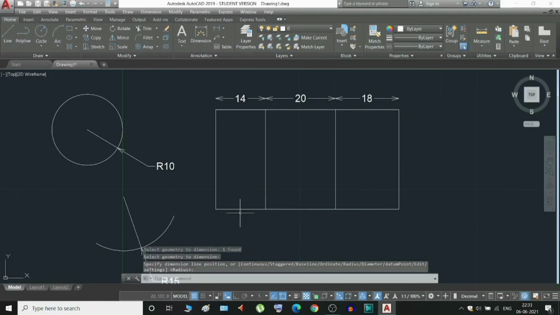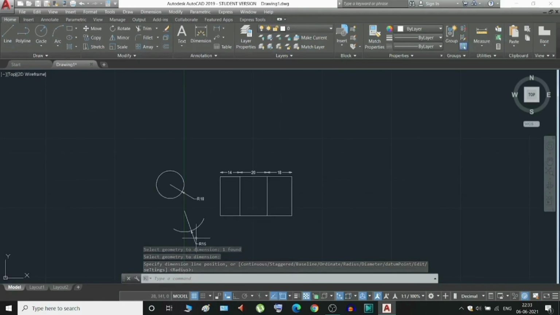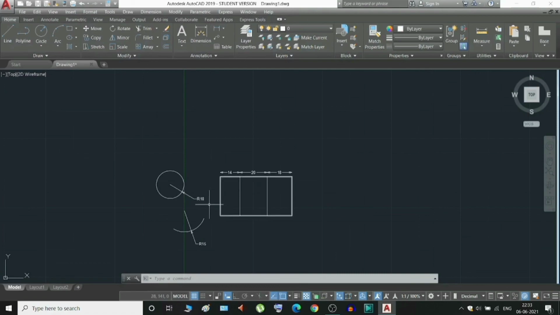Then we can see the radius of the arc. So for quick dimension, it will show the basic things of the circle and arc, as the radius is shown here.